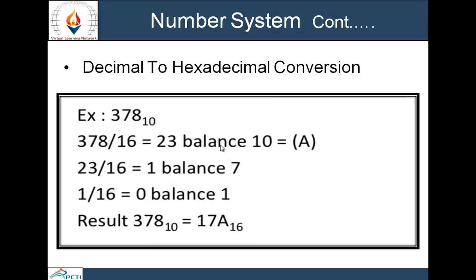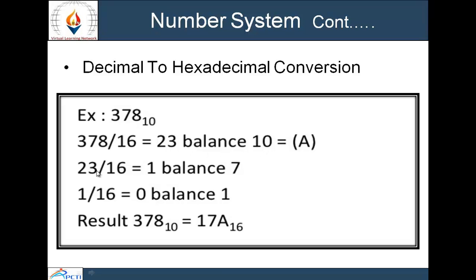Next is decimal to hexadecimal conversion. Again we will use the repeat division method, and in the case of decimal to hexadecimal conversion, we will divide the number by 16, because the base of the hexadecimal number system is 16. You can see here, we divide the number 378 by 16,